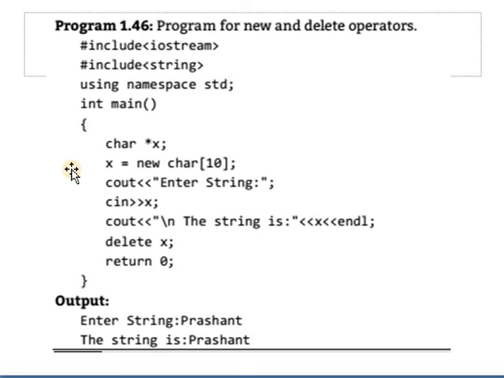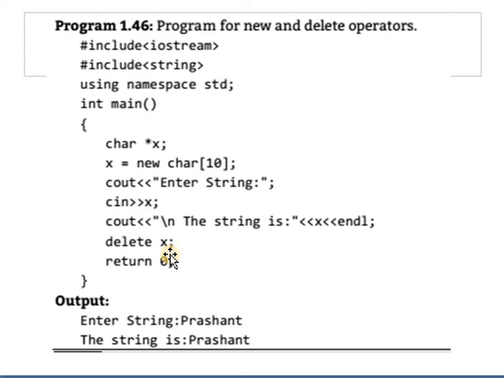Here is the allocation of memory and here is the deallocation of memory for the variable x.